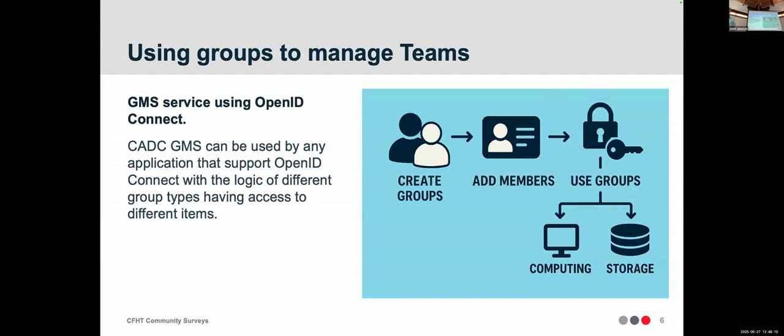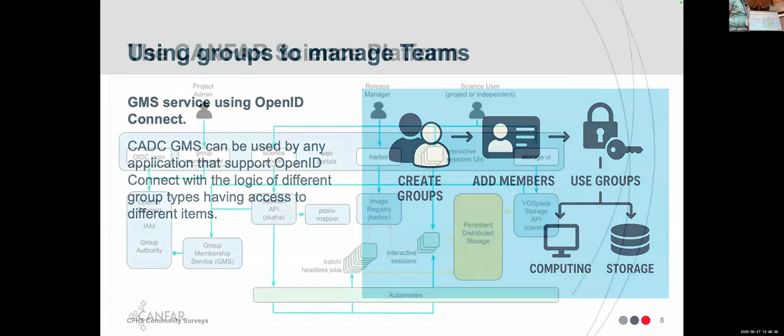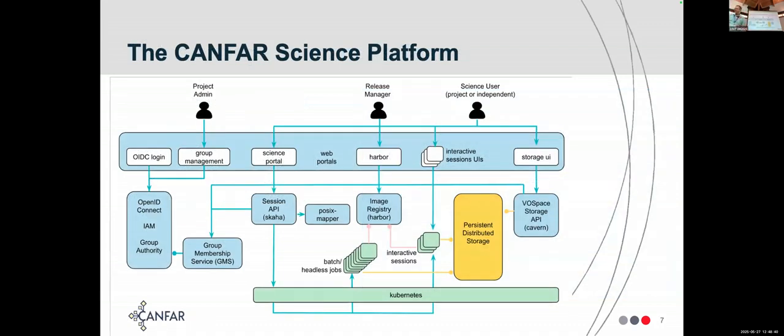These user groups are used to control access to the computing and the storage. This all works inside of CADC's containerized computing environment. So one member of your group basically can offer software or set up software that does a particular kind of data processing, and then you can run that data processing at scale within the CADC on our Kubernetes cluster system using your customized container. Here's a technical outline of it for those of you who like workflow charts to understand